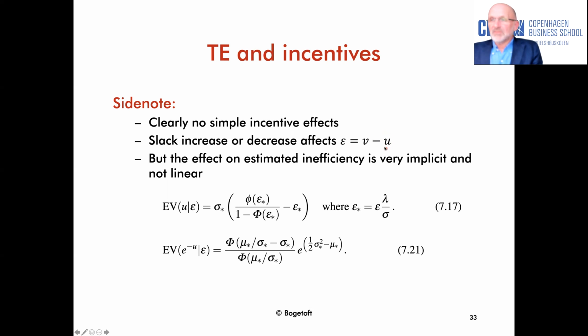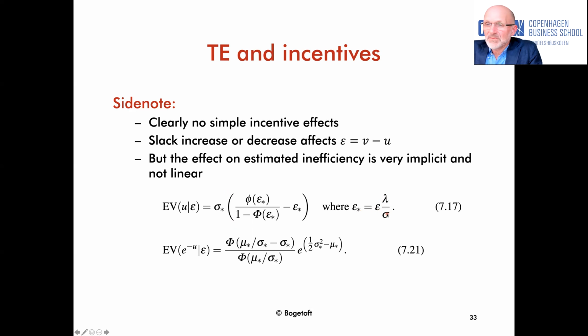That doesn't necessarily mean that the measurement of your slack is going from whatever it was to 100 more, because you feed it into this whole framework here. We can get a little bit of an idea about it, because this one here is some number less than 1, and this one here is basically the epsilon times lambda divided